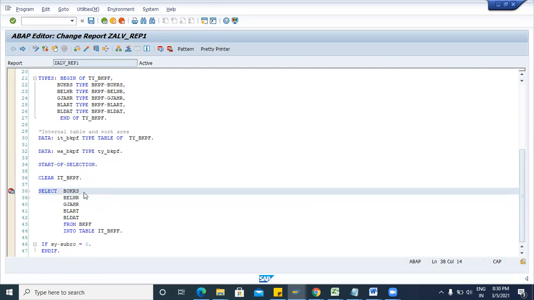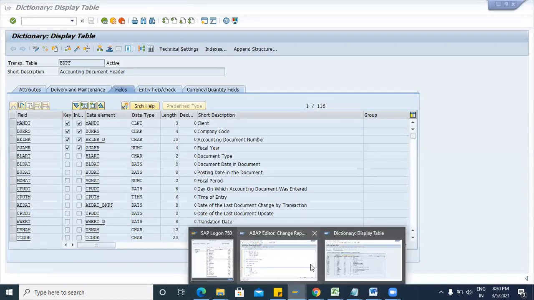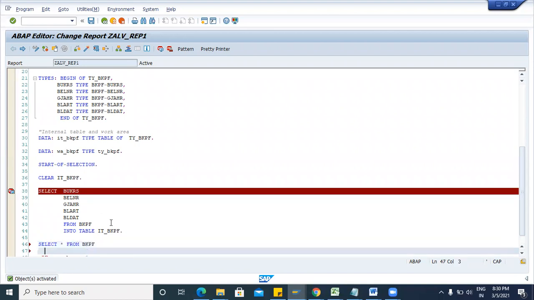Okay. Now I will explain how you can fetch all the fields. If you want to fetch all the fields from this table, just use SELECT * FROM BKPF. We are not declaring any fields here.